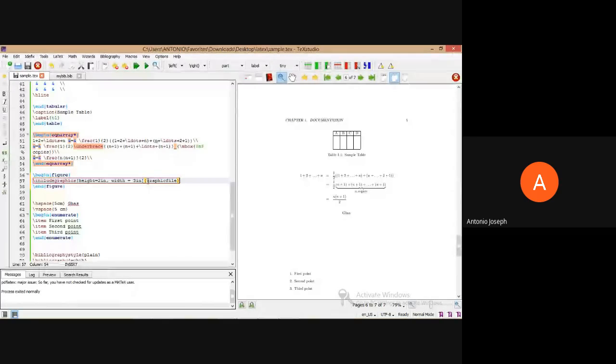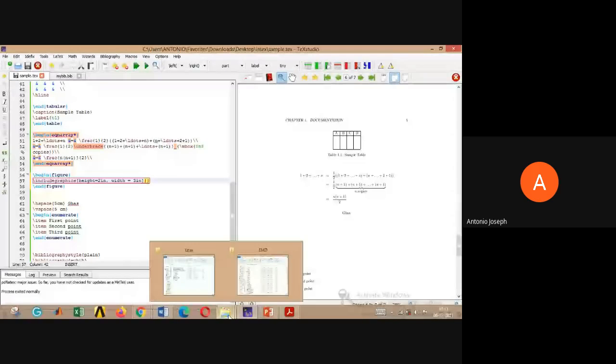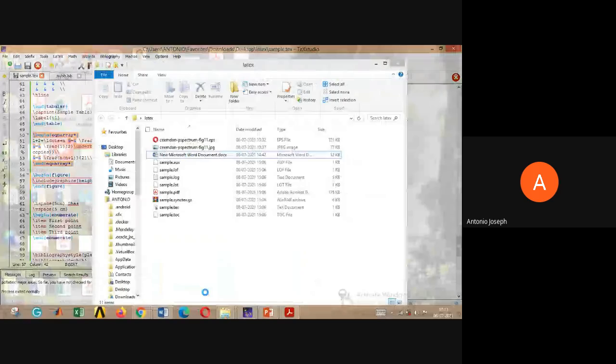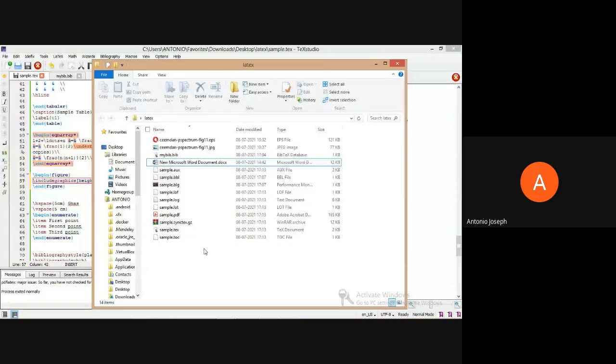Here we can specify the file name. All the files should be inside the folder where we are saving this LaTeX file. I have two graphic files, one in JPEG format and one in EPS format.